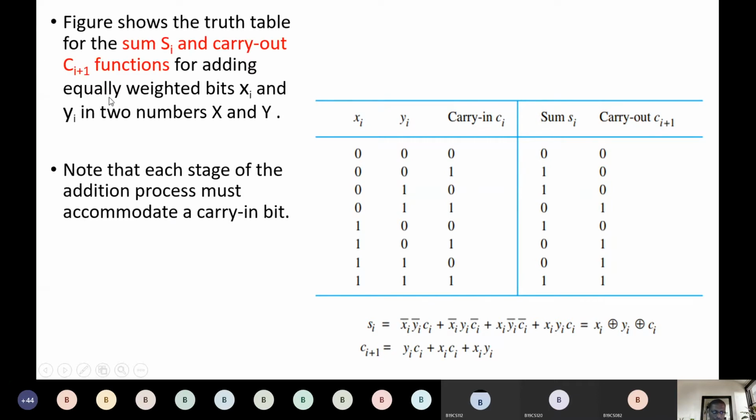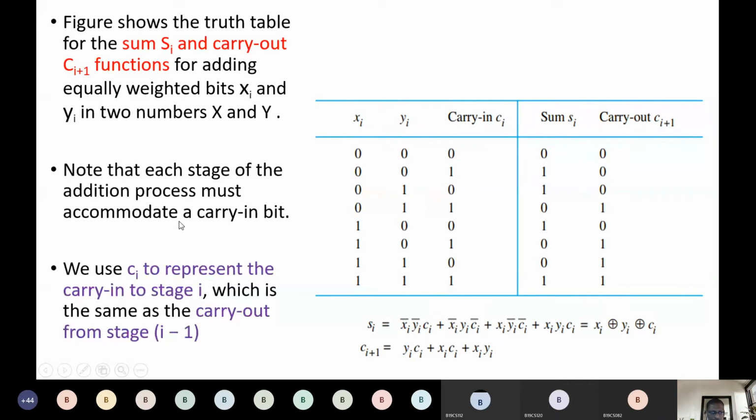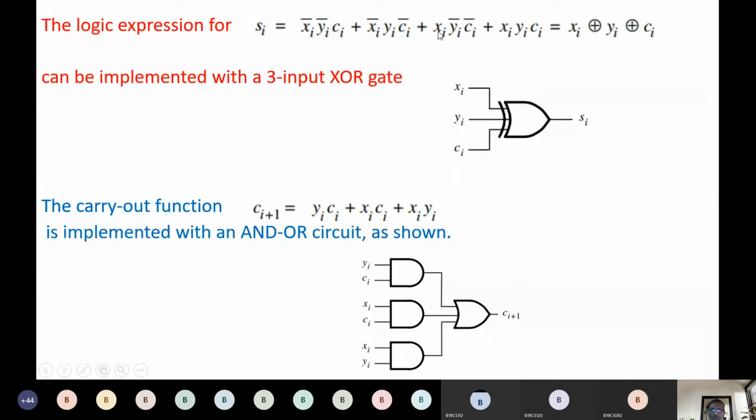So this is the theory part, the same thing I had explained. Here you can see the logic expression for this sum. This is the expression we had taken. Okay. This is the XOR of all the three, X, Y, and C. And you can see for XORing all of these, Xi, Yi, Ci, we kept an XOR gate. This is the XOR gate which is implemented in the logic circuit. Okay. And finally, this gives the result Si.